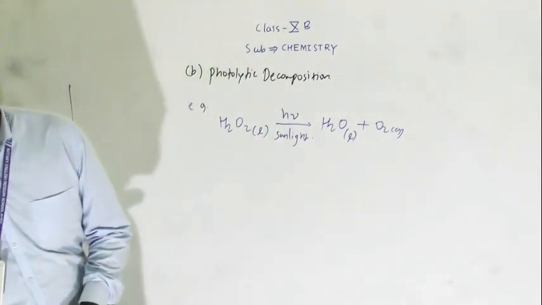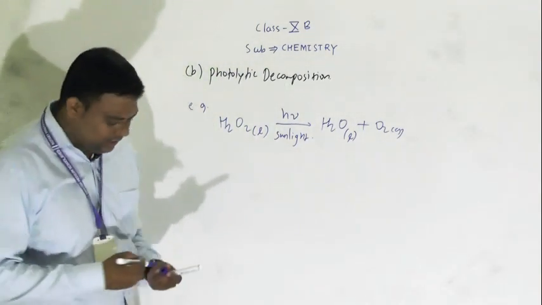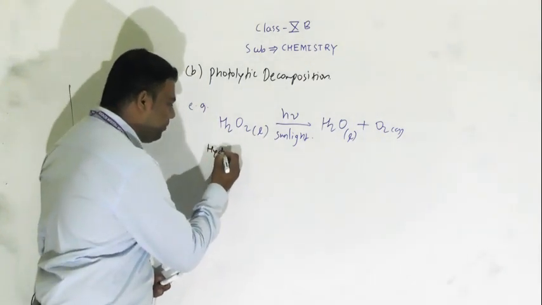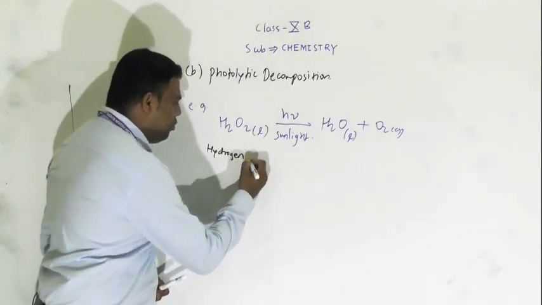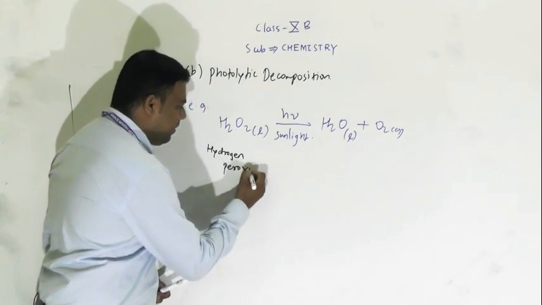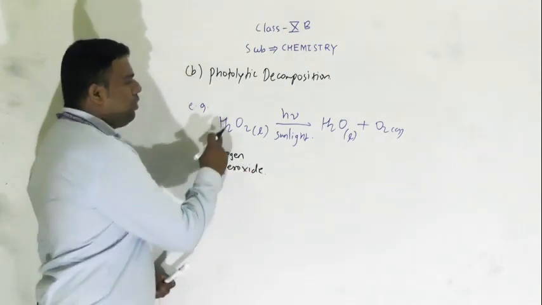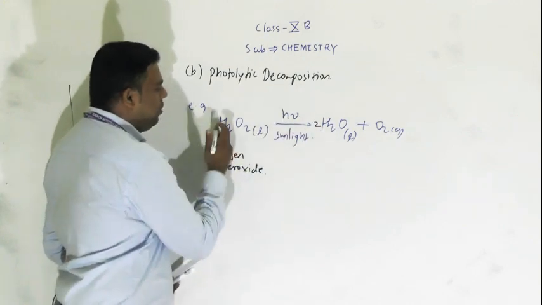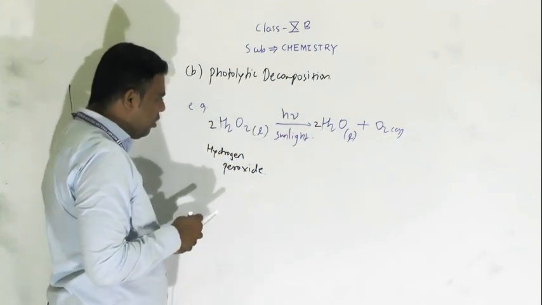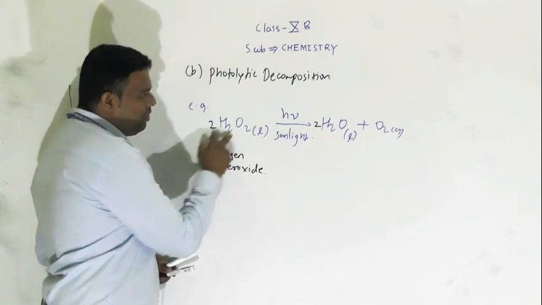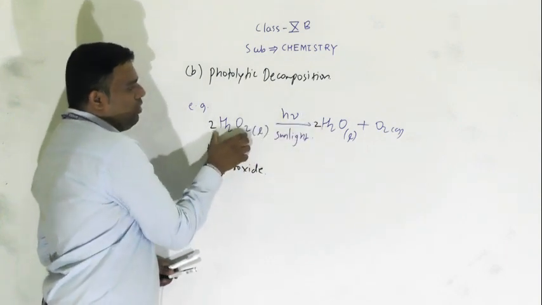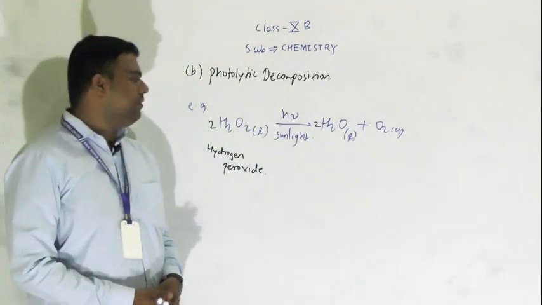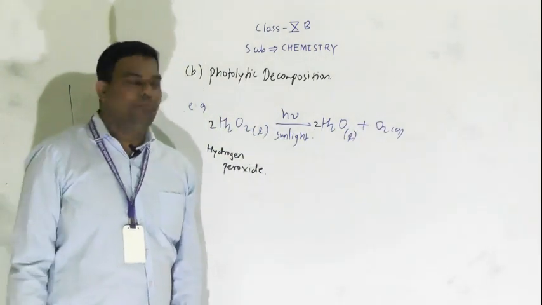Okay, now see here, we have to balance this reaction. It is your hydrogen peroxide. So here, see, our reaction will balance. So here we will cross check once. 4 hydrogen, so here also 4 hydrogen. Here 4 oxygen, so this 2 and this 2, so 4 oxygen. Okay, now our reaction is balanced.